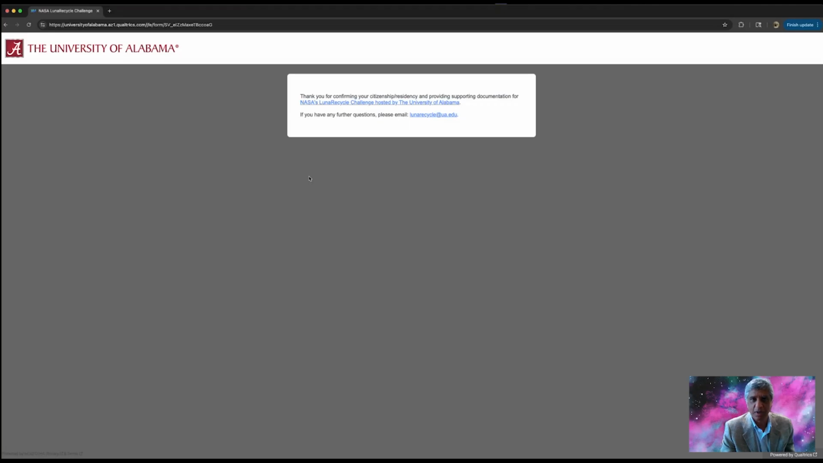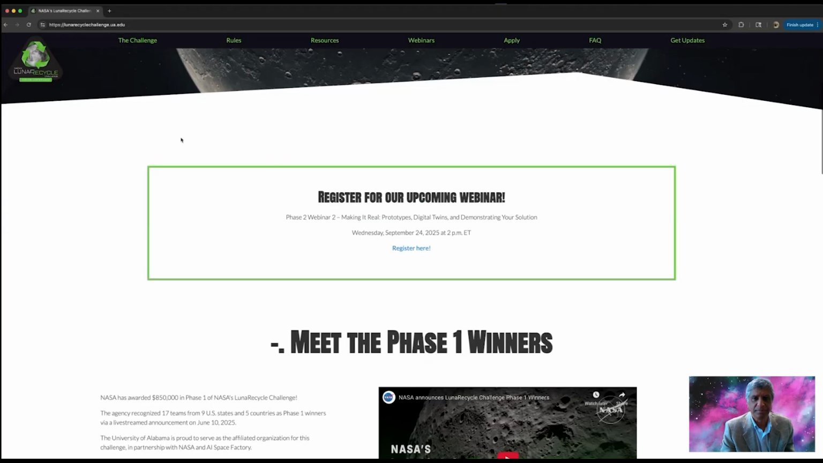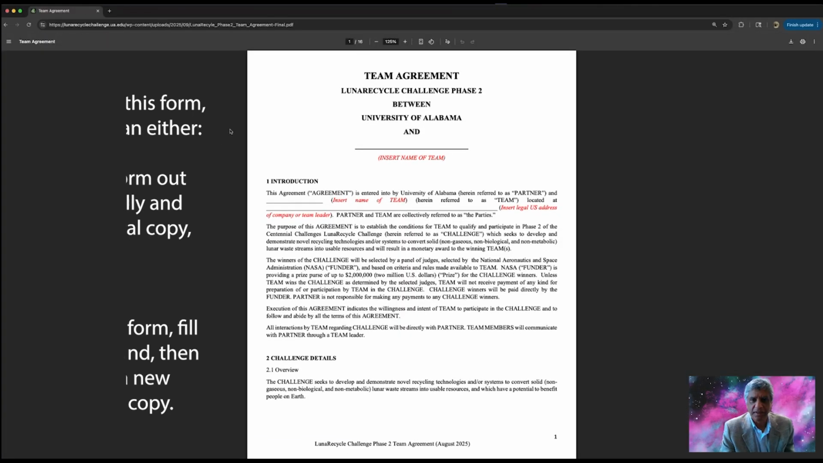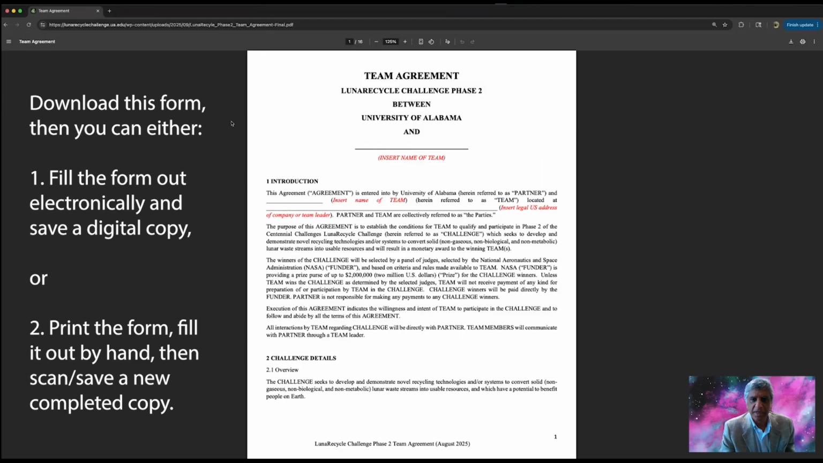Next, we'll talk about the team agreement. Again, you go back to the landing page and scroll to the bottom. And the team agreement is here. So this will be an agreement between your team or yourself as an individual team and the University of Alabama. So please enter the name of your team here in this blank